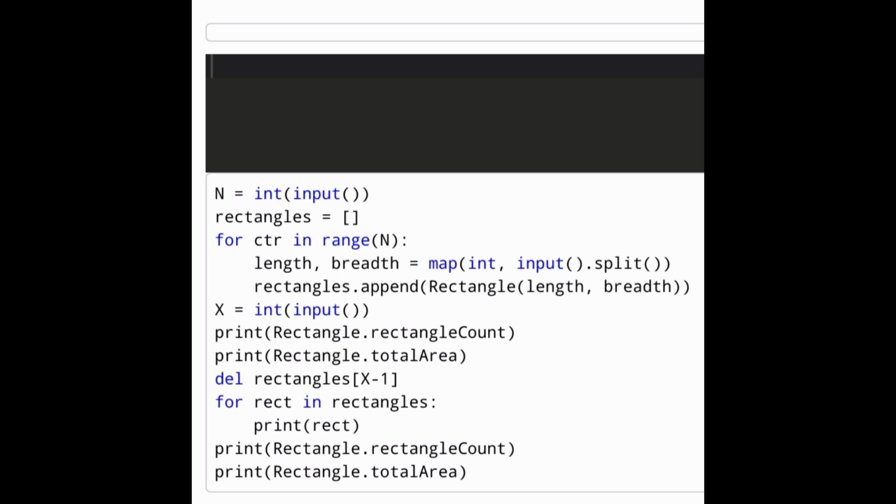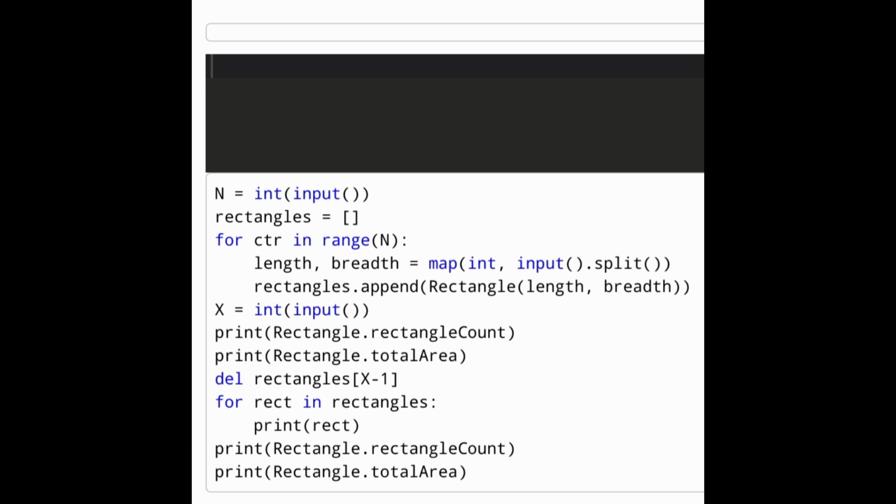And then we are deleting the object, but in this code we are not manually doing anything to reduce the rectangle count. So we have to override the delete method. Whenever the delete method is called, we have to decrement the rectangle count as well as the area of the particular rectangle which is being deleted. So we have to override the delete method and add these functionalities in order to update the rectangle count and total area. So these are the two methods which we need.